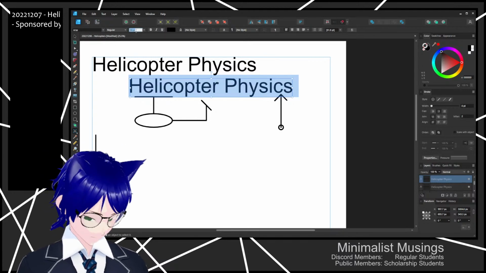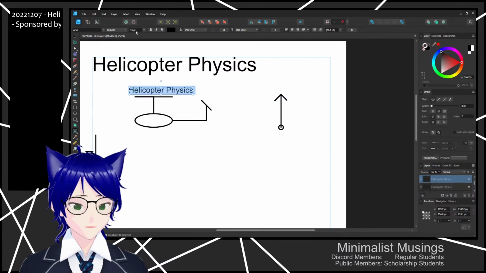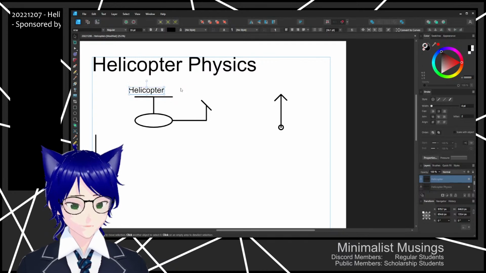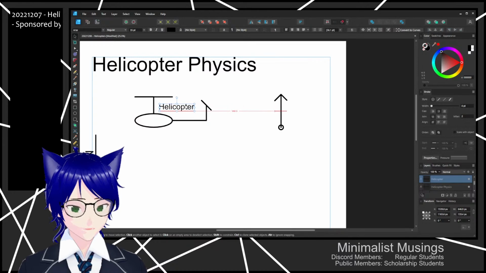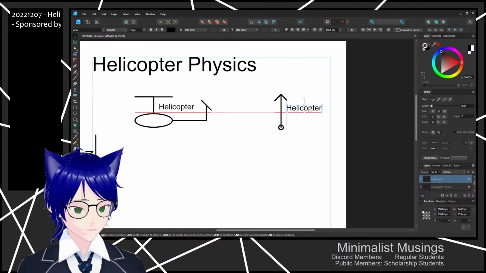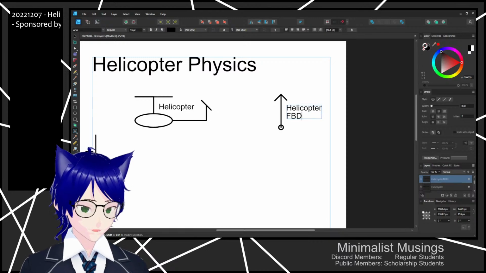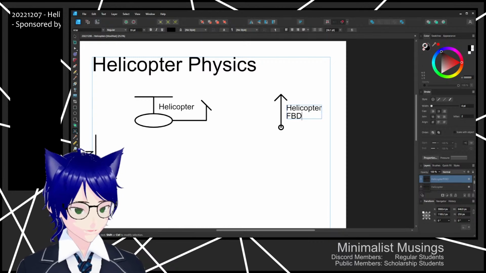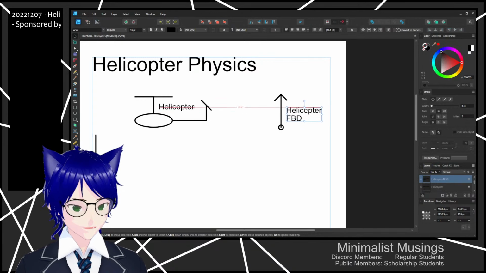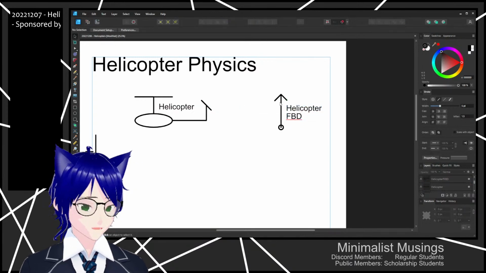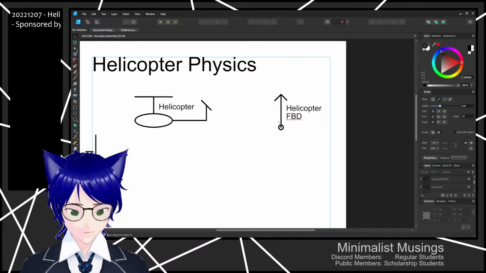Let's set this to idle. Fantastic. And here we call a helicopter free body diagram. There we go. So now what happens when